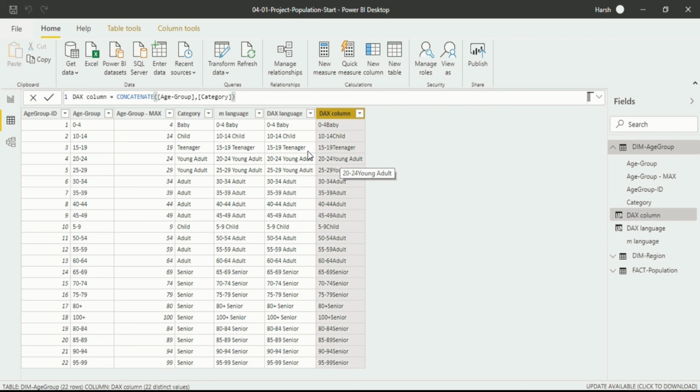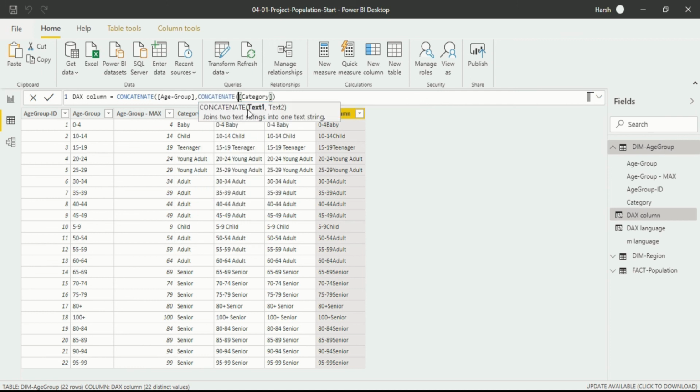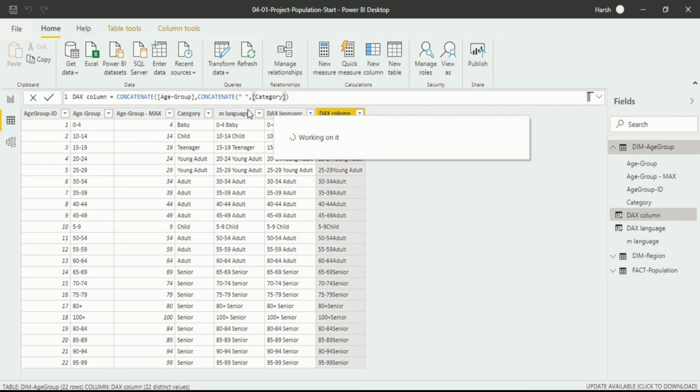So how to do that? Again, just go into the formula bar. After that, comma, click on it and write CON. You will get the formula of concatenate again. Again, click on tab. Again, you want a space, right? Just open quotes, space, close quotes, comma, enter. So the space will be created between them. It will take a few seconds to write the code, which will make changes in your column. Now you can see the changes have been done in your column and the space has been created.